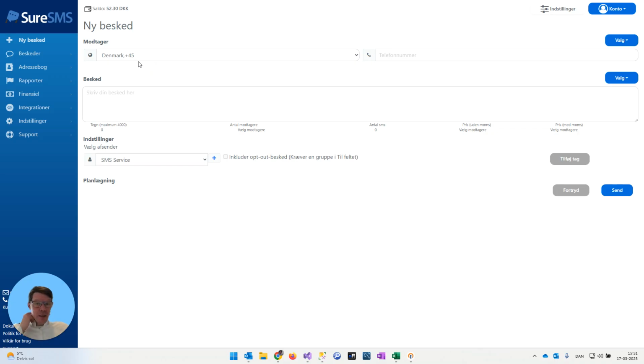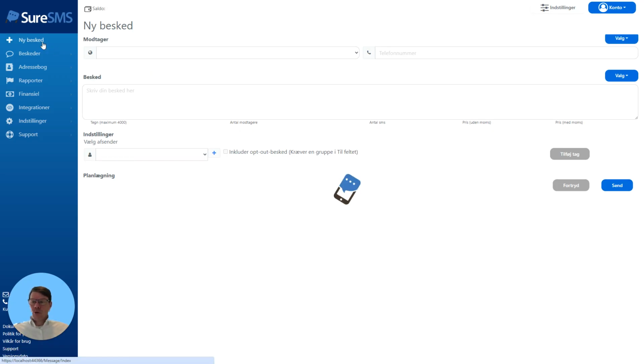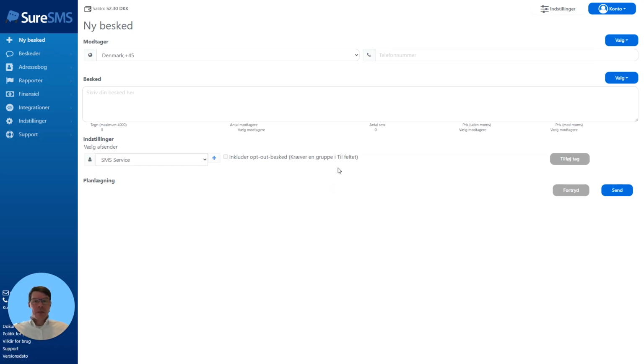When you need to send an SMS to a group, you start by going up here to a new message, and that's the screen where we send SMS messages from. The first thing you need to consider is the recipients, and this is where we'll use our groups. You have the option to select a country code and then just type a phone number here. But if we need to make a selection from